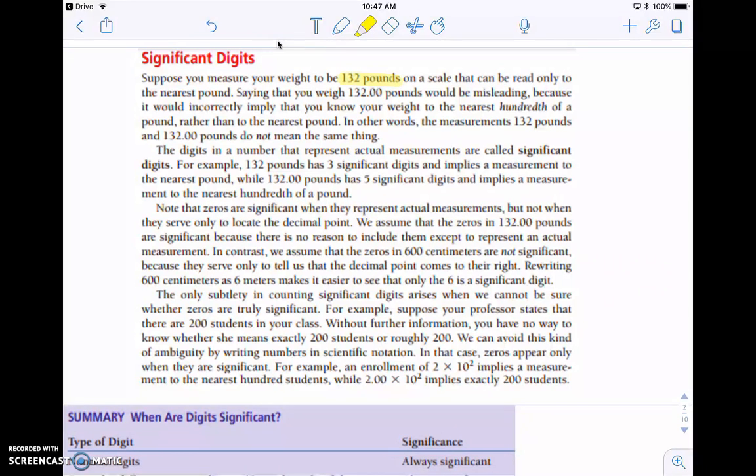Now, if you were to say that your weight was 132.00 pounds, that would be a little bit misleading, because it would incorrectly imply that you know your weight to the nearest hundredth. When you add that .00, there's an implication that you know your weight down to the nearest hundredth of a pound, rather than the nearest pound. So in other words, 132 pounds and 132.00 pounds do not necessarily mean the same thing, because the digits in the number